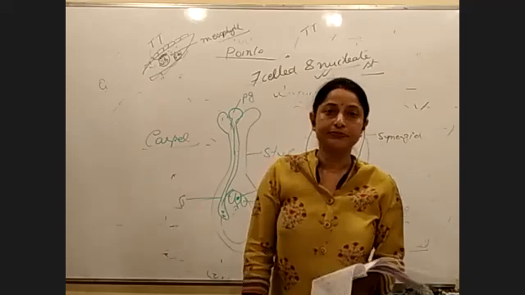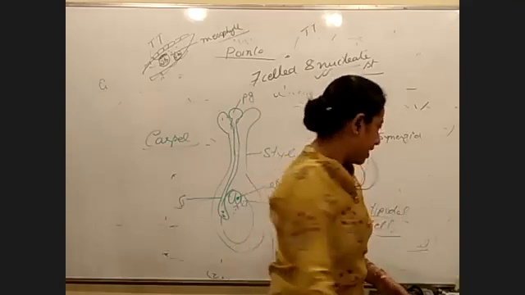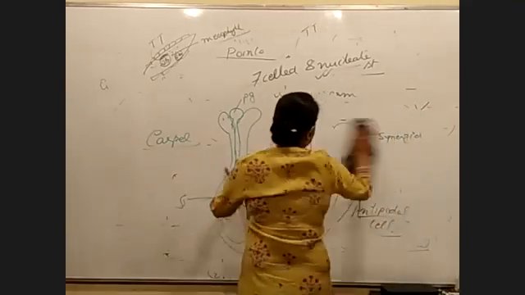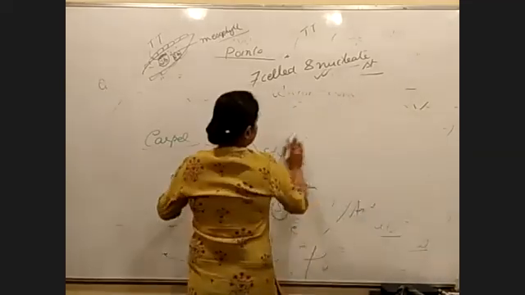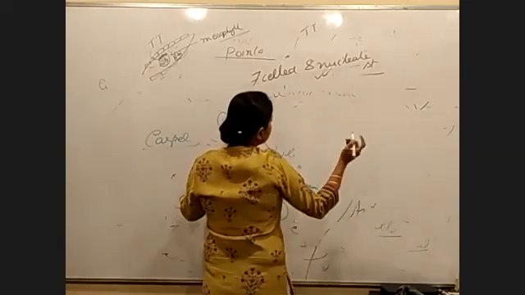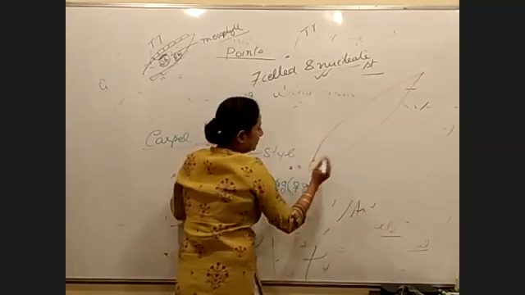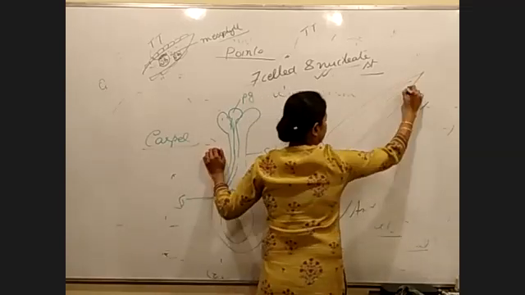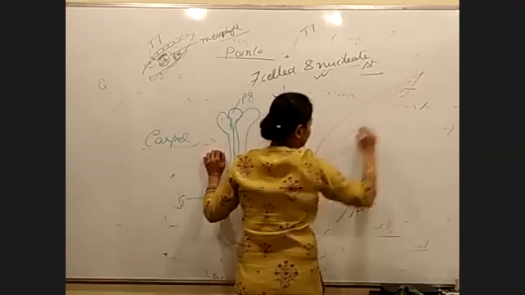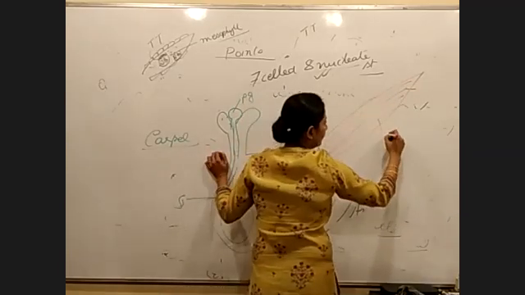Clear? Ma'am, means the veins intersect. Yeah, you can say that, or just to have an idea, I'll show it with the help of a diagram. Rice, wheat, sugarcane, you have seen their leaves, no? Yes, ma'am. So this is the leaf, these are the veins. These are all parallel to each other, right? Yes, ma'am. So this is called